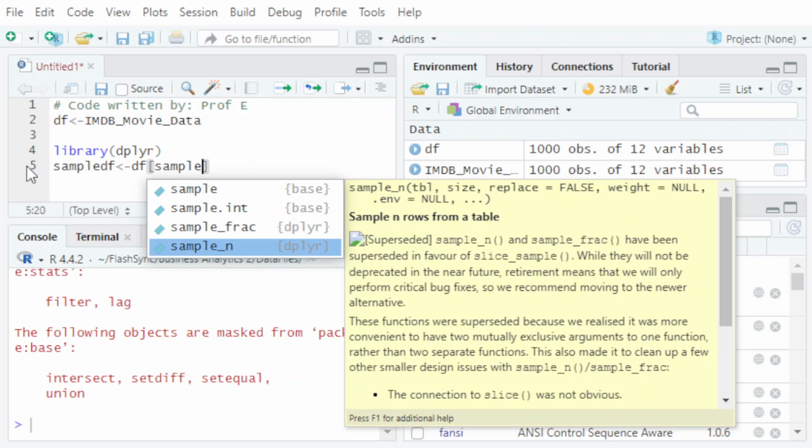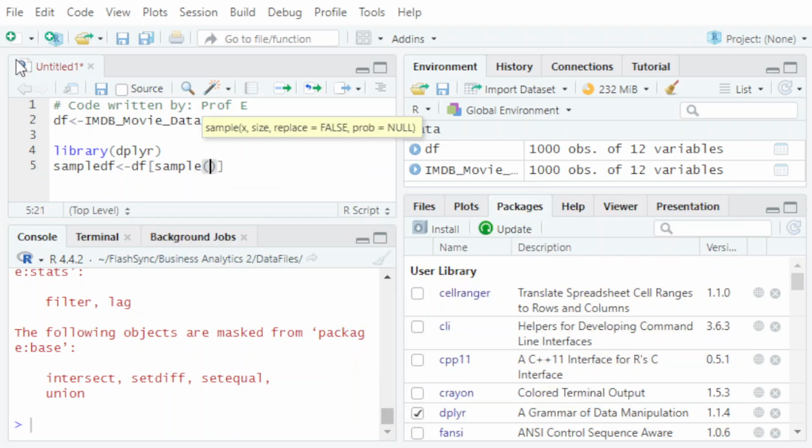Now we do need a left parenthesis. That tells us that it is a function. You can see it does provide the reminder of what it's expecting to see. Anything that we leave blank, it will just go with the default. So in our case, we want replace to be false, we want probability to be null, so we just need the x and the size, and then we're good to go. Okay, all right, so what do we need next? We need our x. So in that case, I'm doing 1